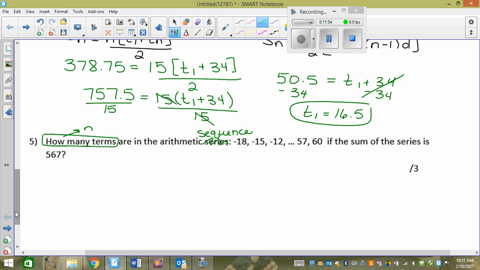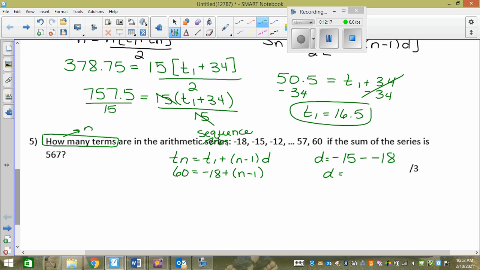You could just use the normal one, right? So we have Tn equals T1 plus (n minus 1)d. We know Tn is 60. We know T1 is negative 18. We know n is what we're finding. And we know d is negative 15 minus negative 18,